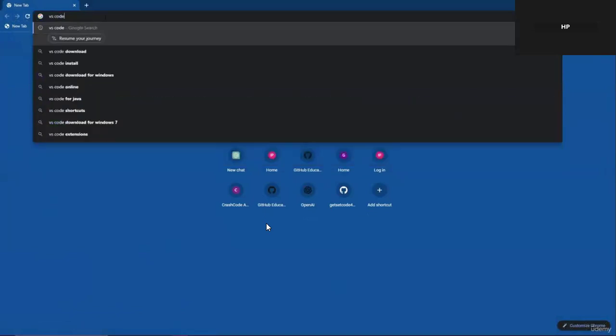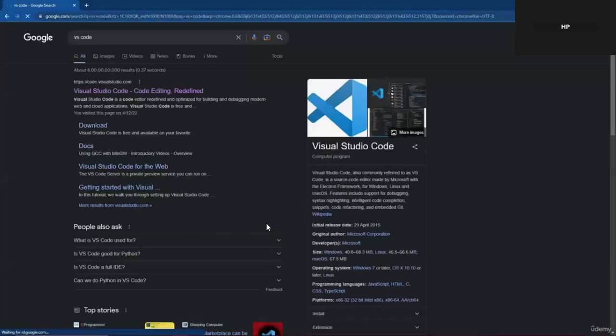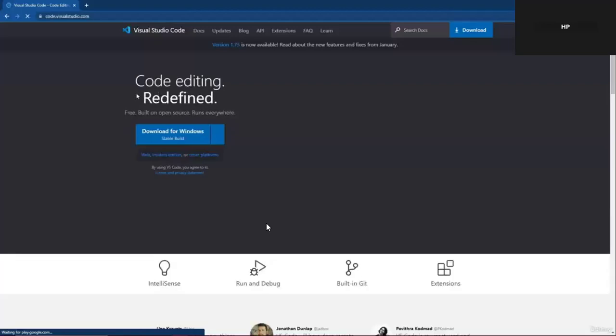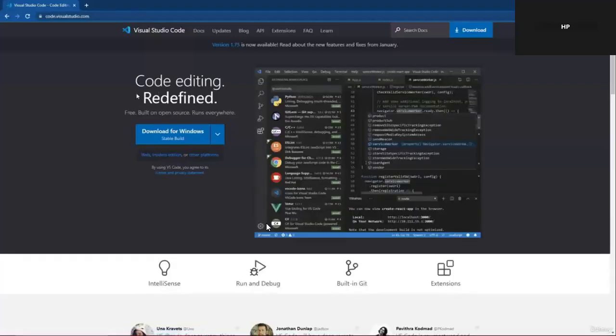For that, we first require opening our preferred browser, and over there we just want to search for VS Code on a Google search. After searching, we will get this first result. That will be the official website of Visual Studio Code. So you can go to code.visualstudio.com. We will just click on this first link and then we will be redirected to the official website of